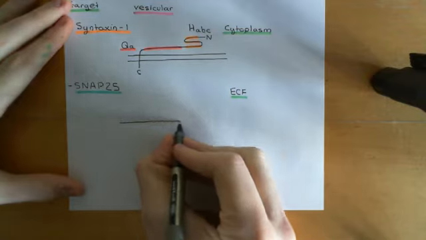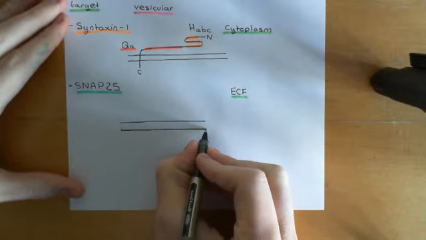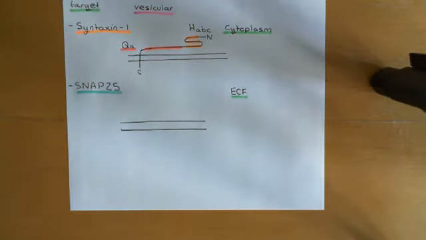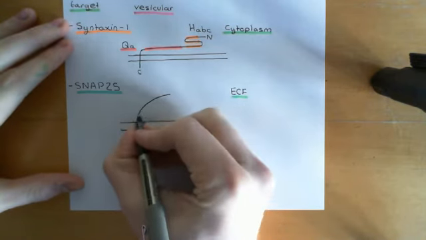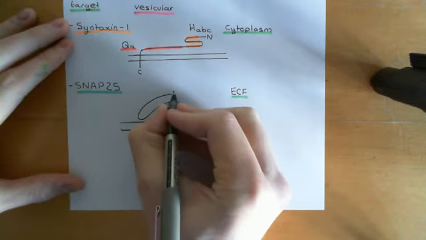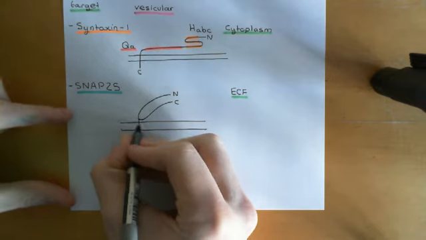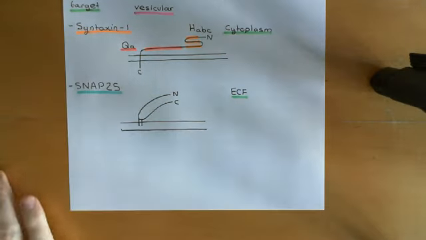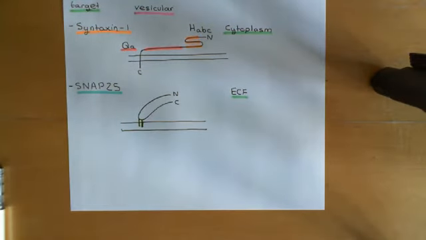Okay, so SNAP25 isn't a membrane-spanning protein. It's not an integral membrane protein. However, it is attached to the plasma membrane by lipid moieties that have been attached onto it, basically. Okay, now, it is within the cytoplasm then, so I'll show it here, like so. So this is how I'm going to draw SNAP25. Here's its amino terminus, here's its C terminus, and then here it's going to have multiple lipid moieties attached onto it, which are palmitoyl groups for those who are interested, okay, which are going to implant into the